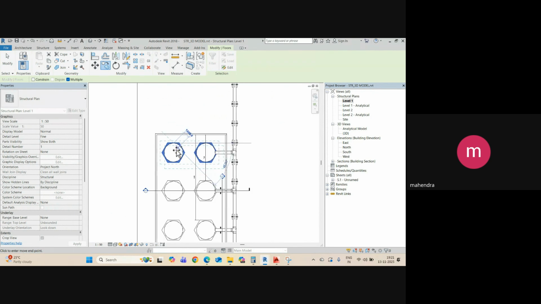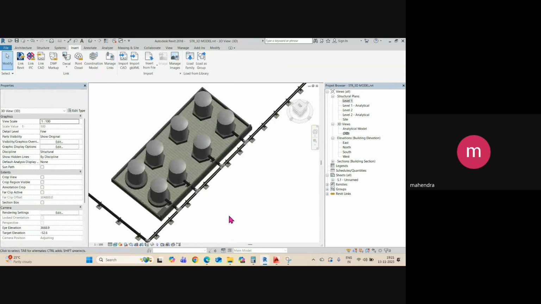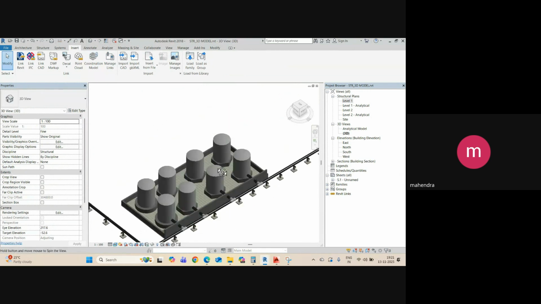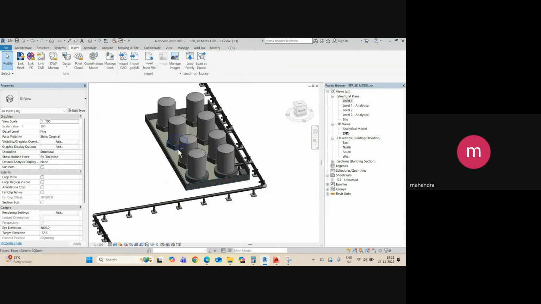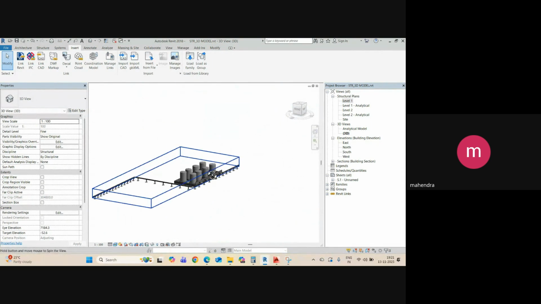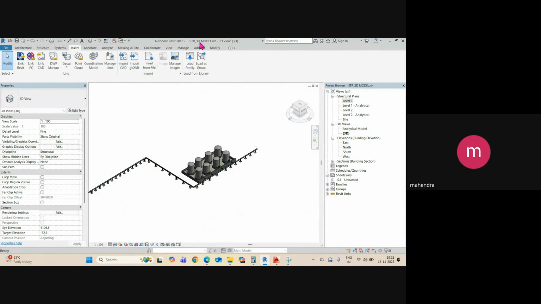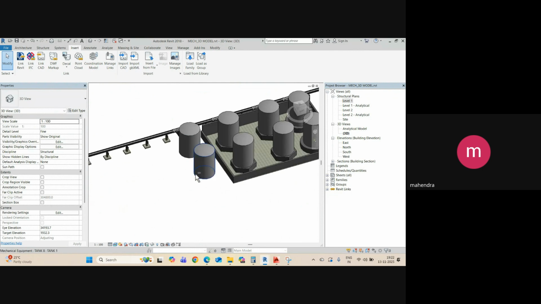Okay, if you look at the model, I have extended this slab from this point to this point as per the mechanical changes. You need to just save this file. This is my structural file. You need to check again in the mechanical files whether those changes are updated or not, because if you see